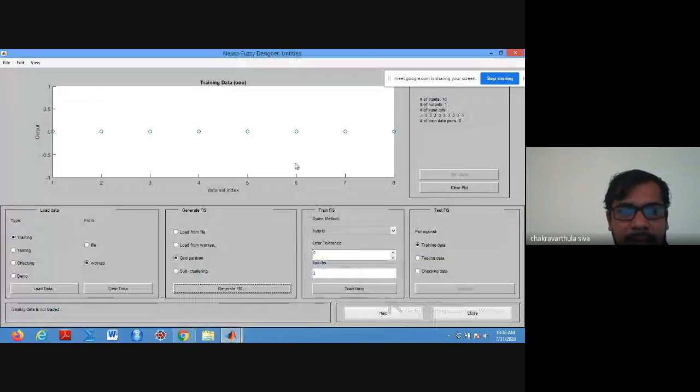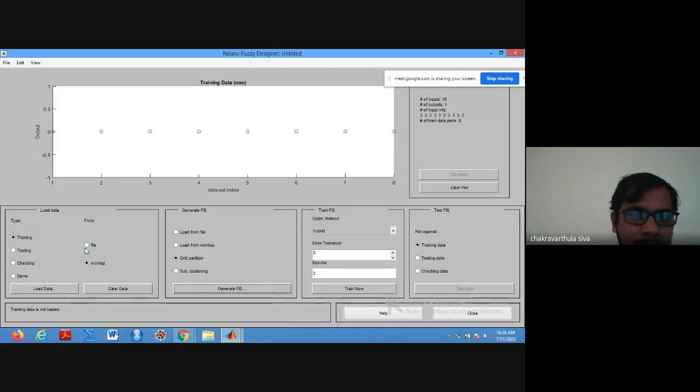So the different kinds of data we have given, right? That is 10 values and output is 1. So automatically it will take the first column as input and the other column as output data. But here 10 we have generated, but training data is not uploaded.